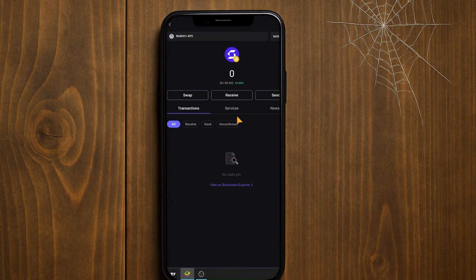If you want to check overall activity, some versions of SafePal also have a history or activity tab in the main menu. And if you are not sure how to complete any of these steps,